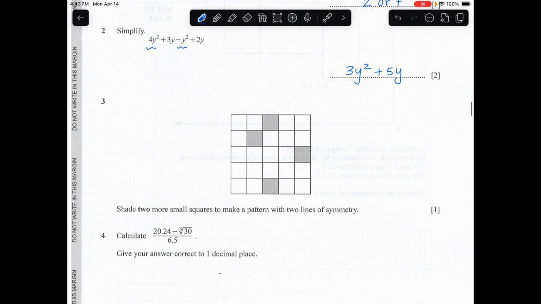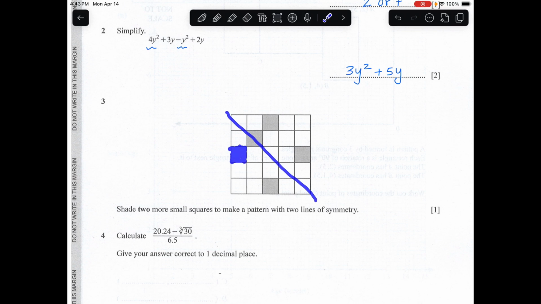Question 3. Shade 2 more squares to make the pattern with 2 lines of symmetry. That means we have to shade 2 squares here such that this pattern will have 2 lines of symmetry. The lines of symmetry over here could be like that, or like that, or it could be diagonal. If I'm thinking about the diagonal line of symmetry, if I shade this square,